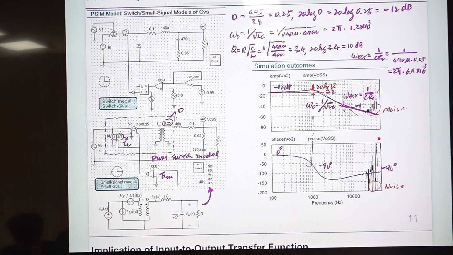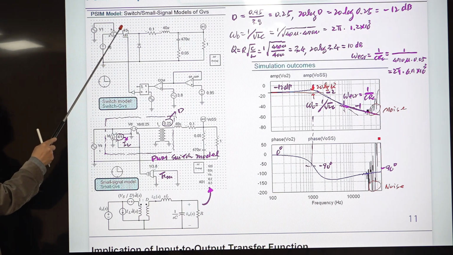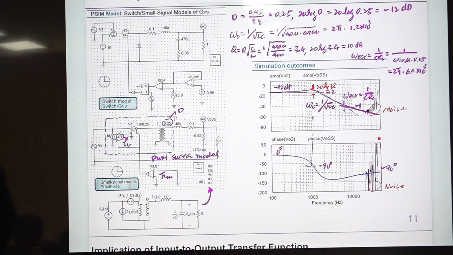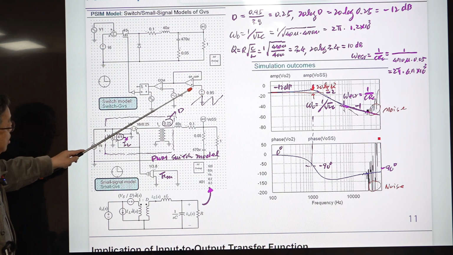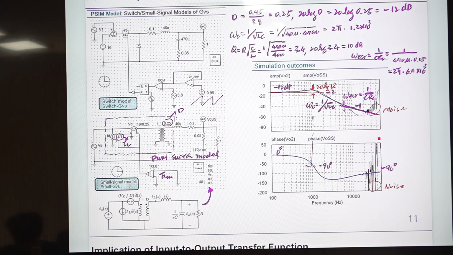Let me explain some details about this. This method is called the computational method. We use the actual time domain simulation. This switch is actually switching, turned on, turned off, turned off, turned on, something like that. This is the constant voltage, and this is the ramp function, and the height of the ramp is this one. The height of the ramp is 3.8. This is the ramp function, and this is the fixed control voltage. This is the unit gain buffer, so the voltage gain from here to there is just 1. So this maximum is VM. We use the notation VM, 3.8, and this value is